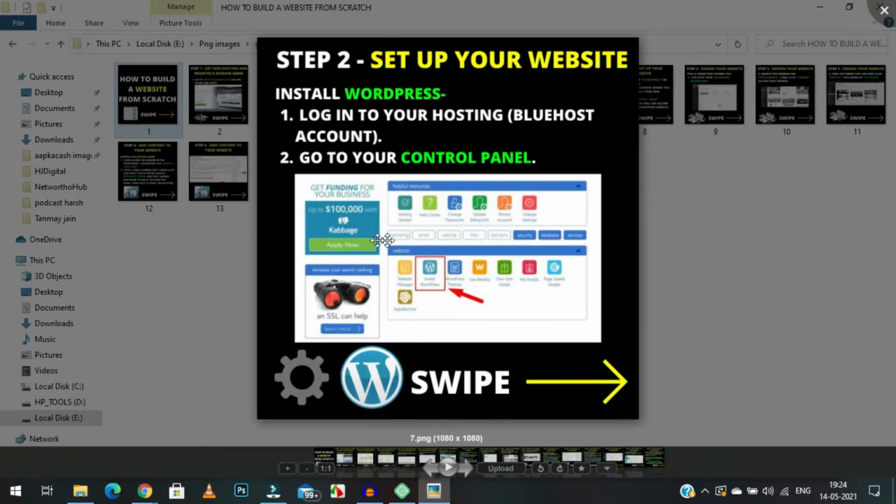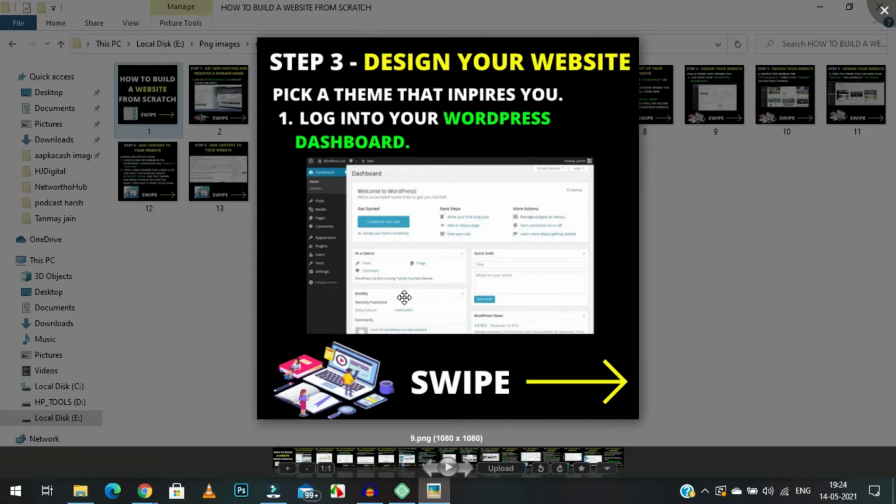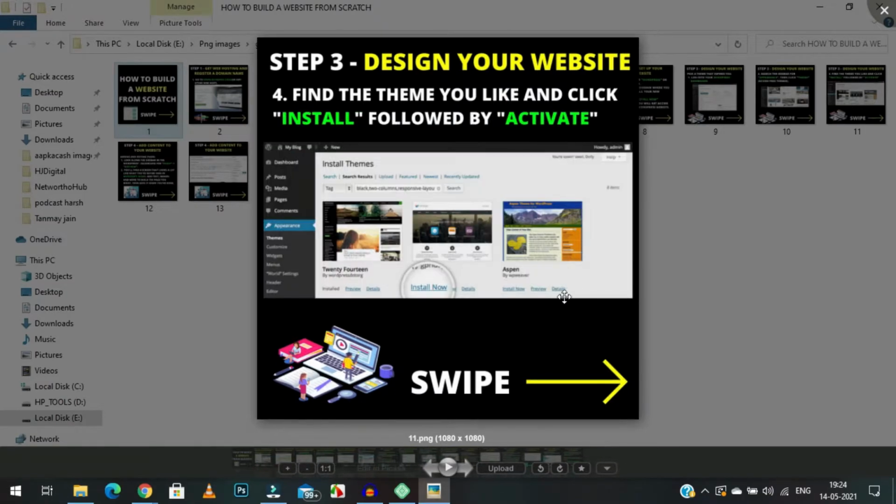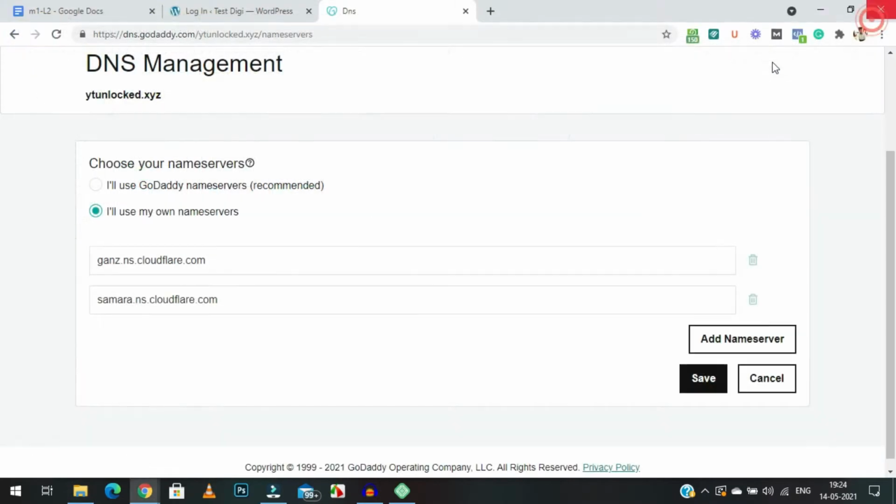This is the part where you need to install WordPress and how you need to install WordPress. Everything is explained in this PDF. This is a super simple thing. You just need to follow the steps. Alright, after installing WordPress, you will need to actually log in to your WordPress dashboard, and that is something I will explain to you right now.